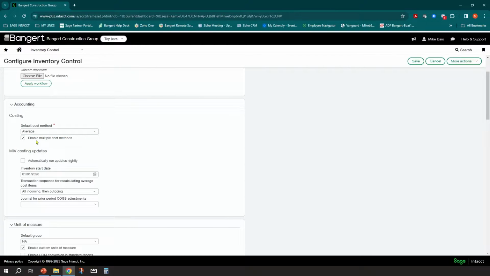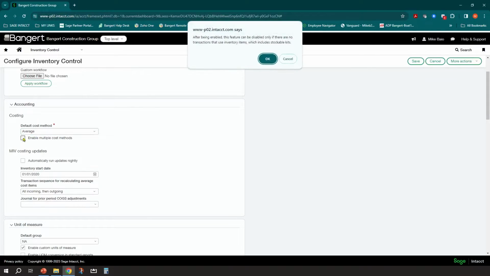And then you can also enable multiple costing methods. So basically what this means is when you set up an inventory item in the system, if that particular inventory item has a need to be a different costing method than your default method here, say it needs to be a FIFO or LIFO, you can enable multiple costing methods. And this way you'll be able to change the costing method per inventory item. If that doesn't pertain to you and you are all the way through the same costing method, let's say FIFO or LIFO, you could select it here and then you would just disable that multiple and nobody would be able to change that.